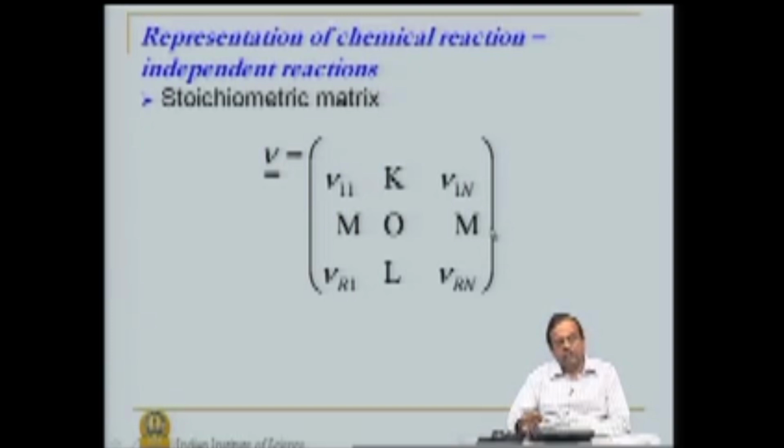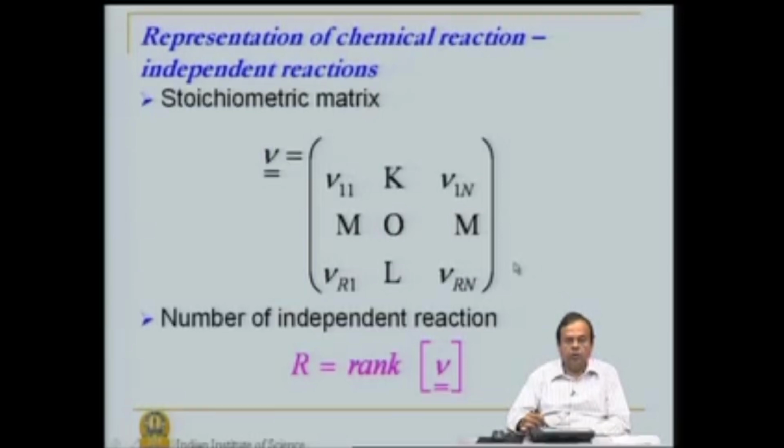For those who are mathematically inclined, you would have now figured out the way to find out the independent reactions. How? I will repeat, my third reaction is sum of the first 2 reactions, or in other words, my third row of this matrix. What is the dimension of this matrix? It is R by n. My third reaction, or my third row rather, is dependent on the first 2 rows. And when you have a matrix, and when any one column or any one row is a linear combination of the other 2 rows, we always think of the rank of this matrix. The rank of this matrix, the stoichiometric matrix nu, is actually the number of